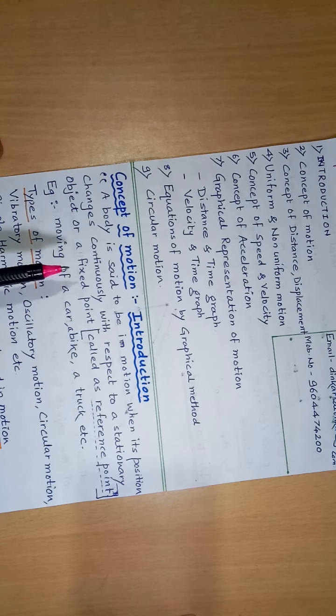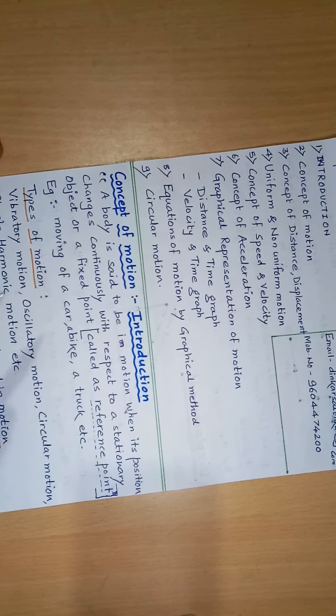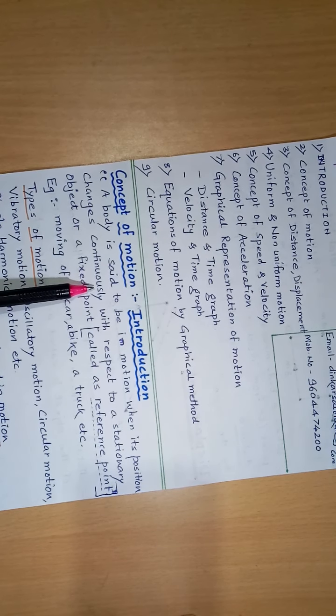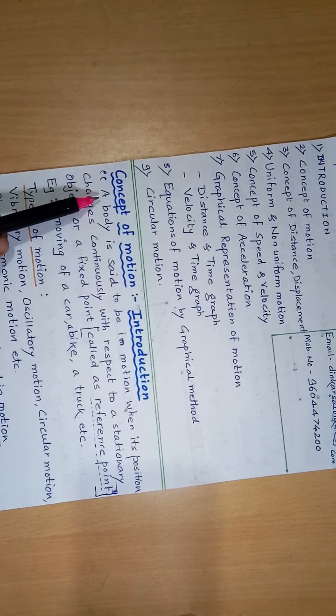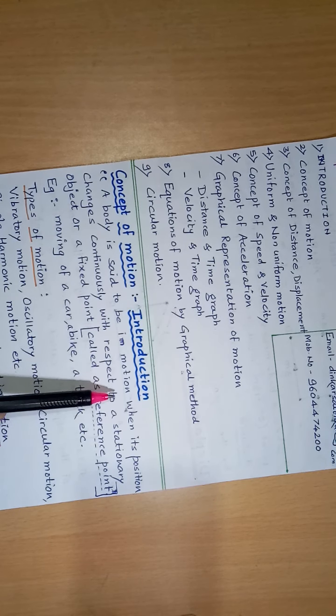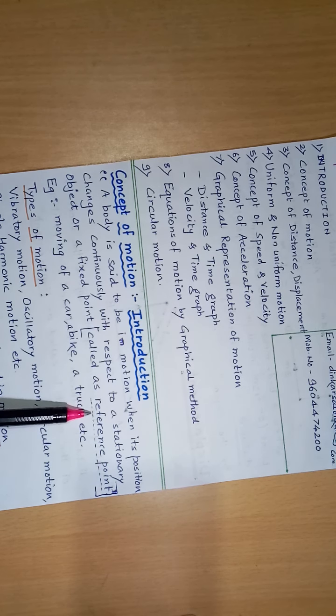So when I say that it is with respect to time, that means as the time lapses, the position of an object is continuously changing. So in precise definition we can call the definition of motion of an object, no doubt it is the change in position of the object, but this change in position of the object is with respect to some reference point.